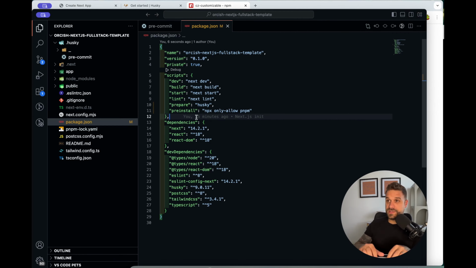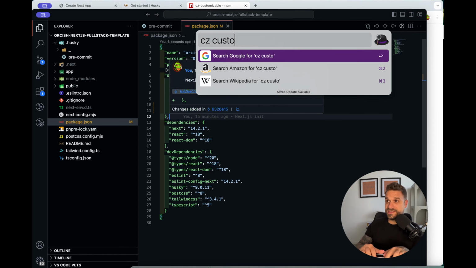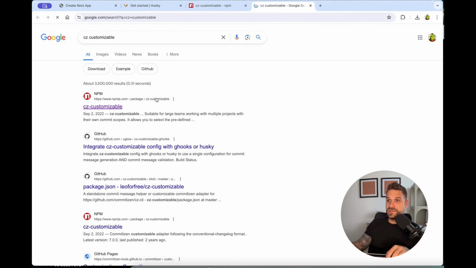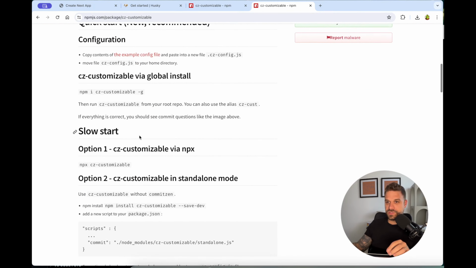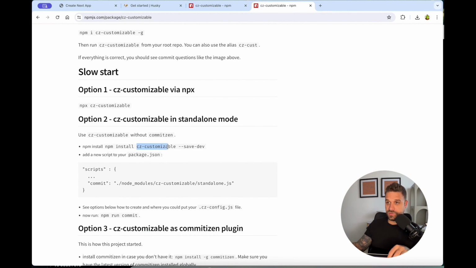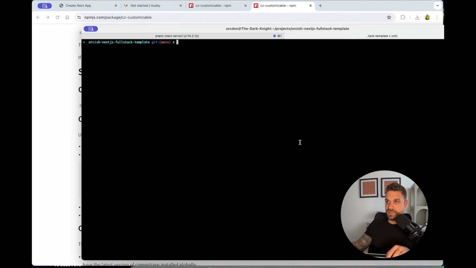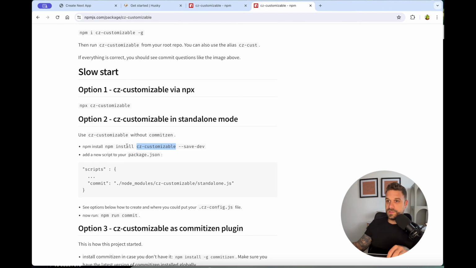Third thing I always add to my projects is CZ Customizable. That one is giving you a predefined scope for your commit messages, and it's really easy to install also. So we just add this dev dependency, CZ Customizable. I forgot to add this one. Then we add the commit command to our